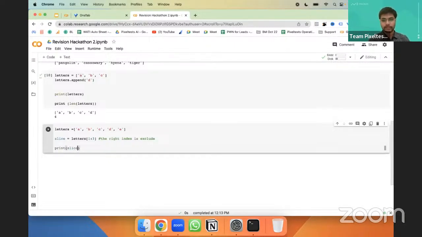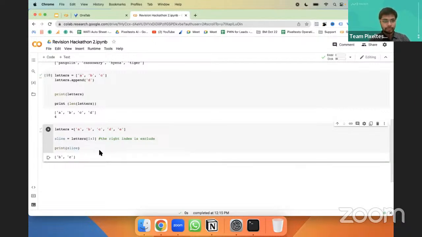Print slice, run. So now you see, first element is B, the second element is C, right? So the third element is D, but the third is excluded. So it is, in a way, to understand, this is from 1 and 3 minus 1, right? So which is 2, 1 to 3.